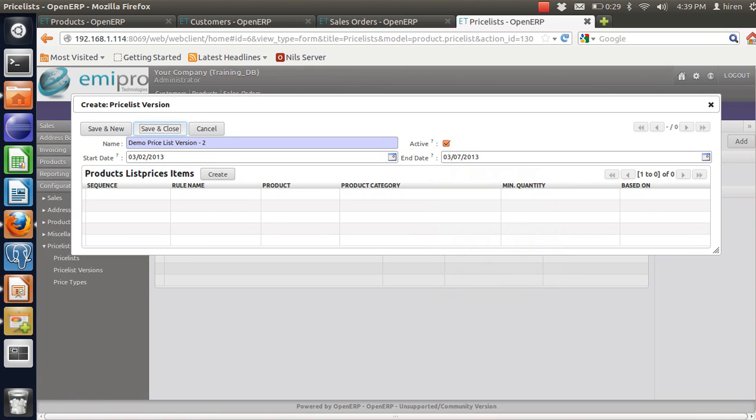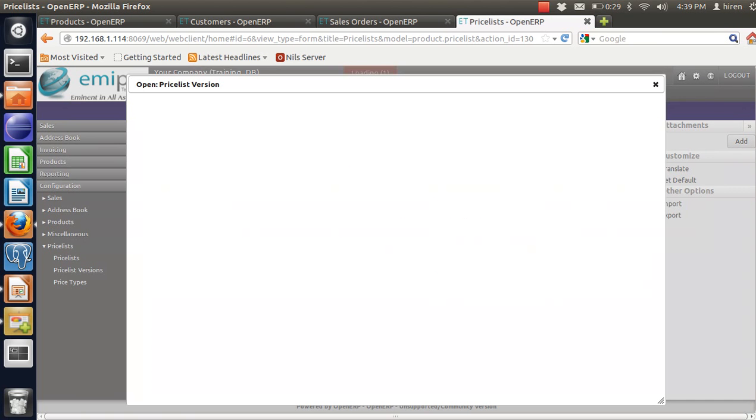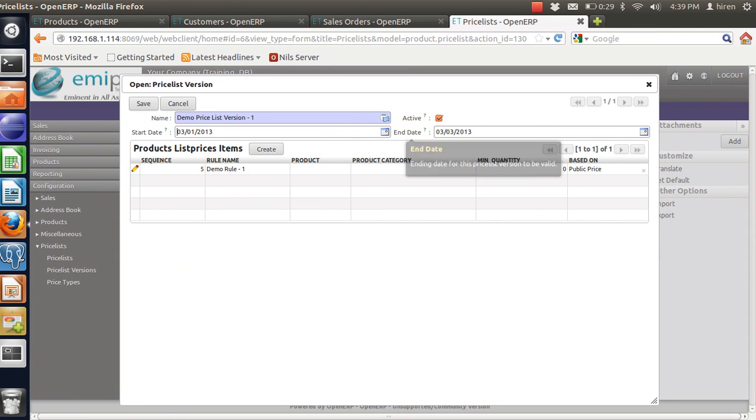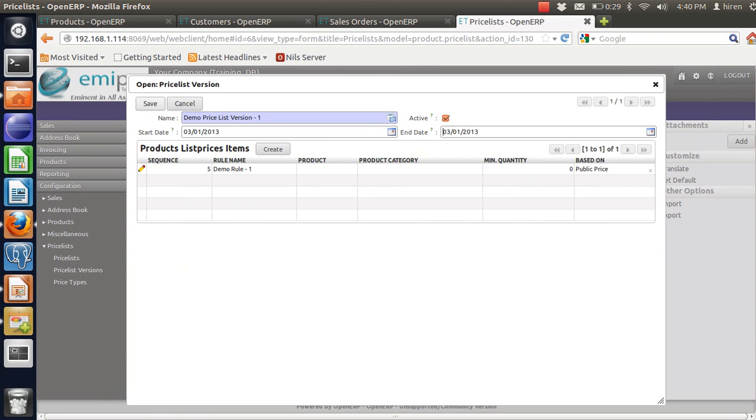Save and close. Now let me change the date so you can get a better idea. We'll be setting this as 1st of March till 1st of March. Save this,